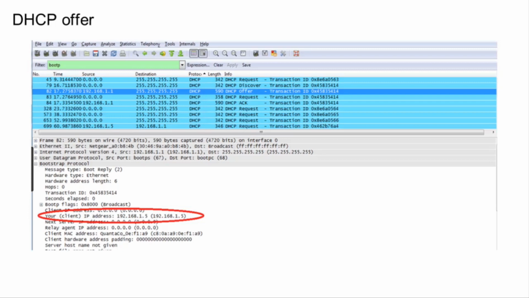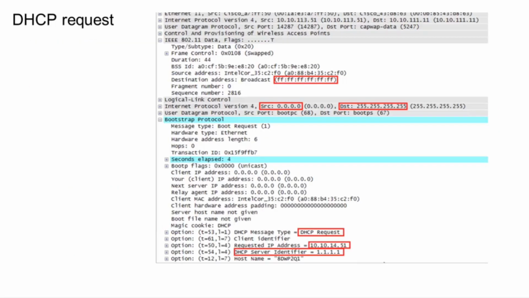If it has one to lease, it will reply back to the requesting endpoint with a DHCP offer containing the proposed IP address and related information like the DHCP server's address, the address of the default gateway, the subnet mask, and the lease duration. Even though the endpoint now knows the address of the DHCP server, it will reply to